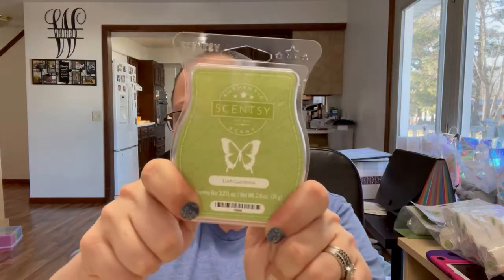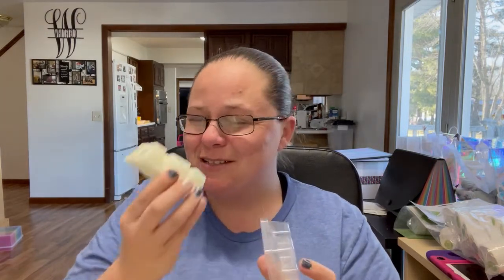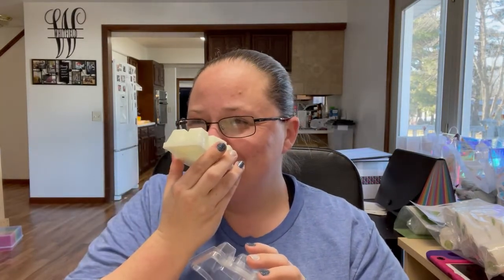We have a Lush Gardenia. So this is really just gardenia flowers. My mom wanted this when I did my live for my Facebook group. Oh, this is a really nice flower smell, because she watches, and I'm a terrible daughter because this totally smells like old lady perfume to me, and I didn't want to say that to her specifically, because she was super excited for this, but it 100% smells like old lady perfume to me. I can't help it. It's gardenia and tuberose, but